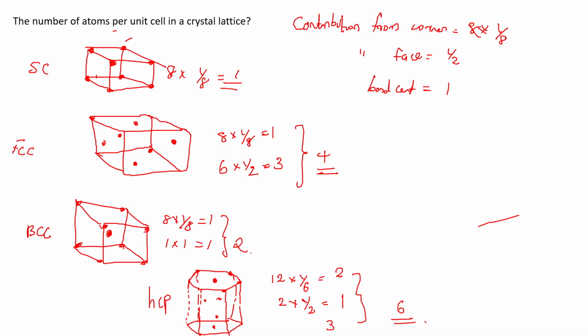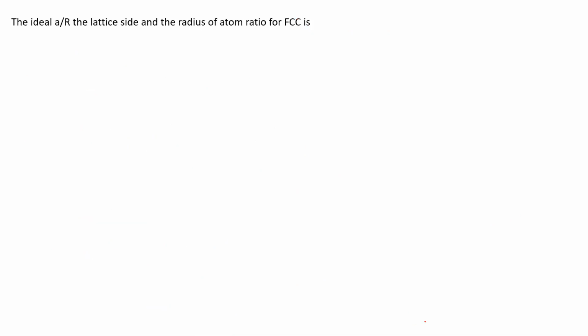Okay, now we will go to the next problem. In the next problem, we are finding the ratio of lattice side A and radius R for the FCC crystal. What is the relation between A and the radius of the atom R? Okay, so for FCC crystal,